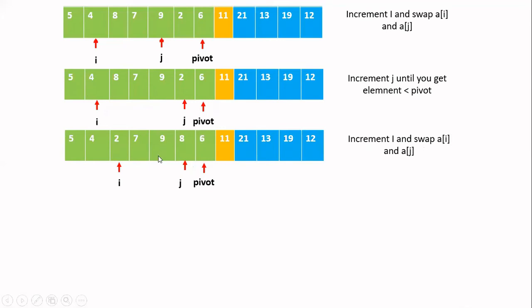So what is our next step is, again we have to increment j. But you should be careful here. You can increment j only before the pivot element. If you increment j after this particular point, it will point to the pivot element only. No need for incrementing j at this particular step. Okay, so now you have to stop the process of incrementing j. Our loop is over. Okay, you have to come outside the loop.